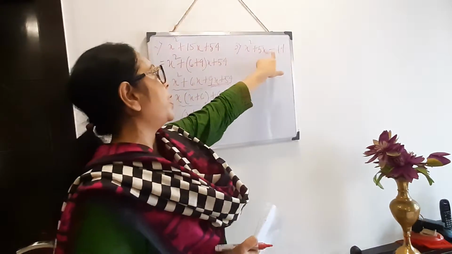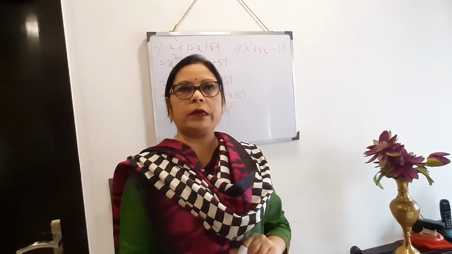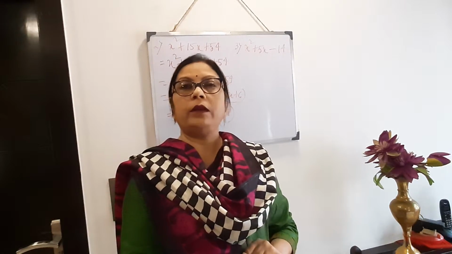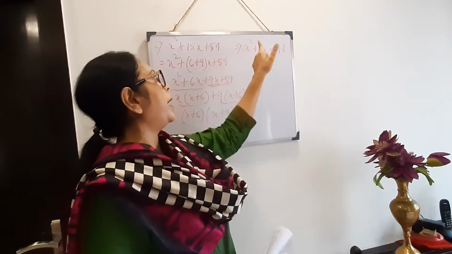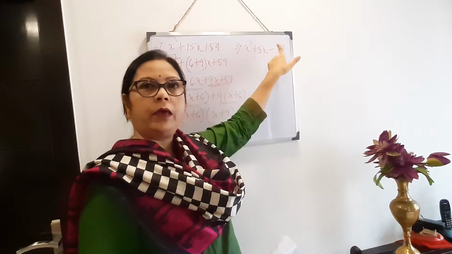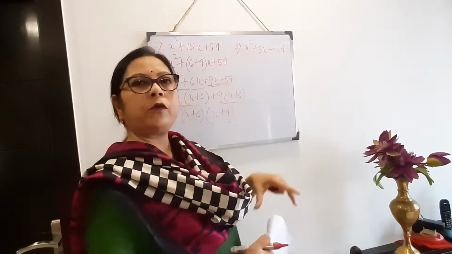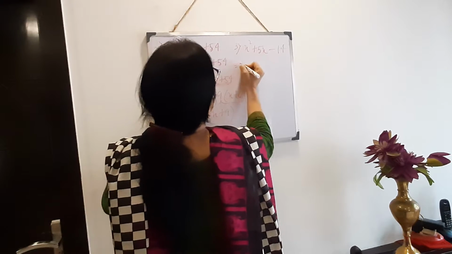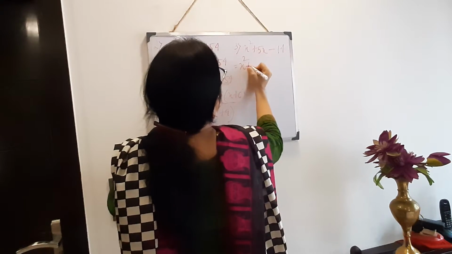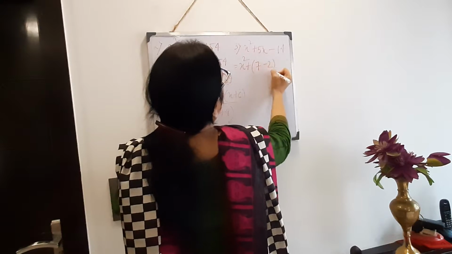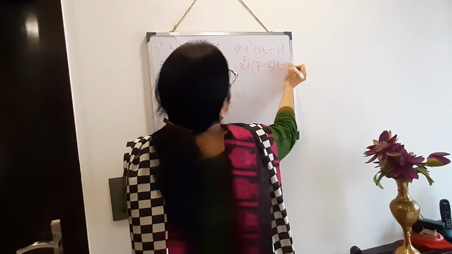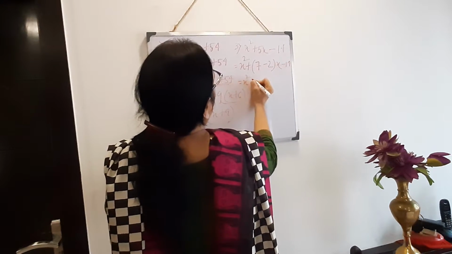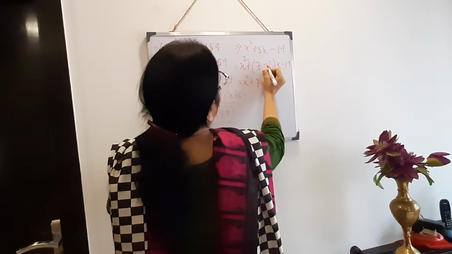So when there is minus, what to do? You will take out the factors of 14, that is 7 twos are 14, and then you have to subtract the factors. As there is negative sign, after adding, middle term will not come. Clear? As there is negative sign, so you have to subtract. So here 7 twos are 14, plus 7 minus 2. 7 minus 2, 5. Middle one is coming. So after subtraction it is coming. Now open the bracket. Here be careful. Plus 7x minus 2x.